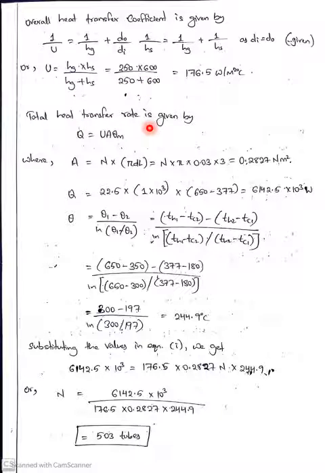Next is the total heat transfer rate. Q equals U A theta m. What is the area? Area is nothing but pi d L. Since he is asking the number of tubes, just multiply it by N. So this becomes the area. Just substitute this value of area in the equation. Then theta m, you know how to find it if you know the temperature differences of both hot and cold fluids. Just substitute and you will get theta m. In this equation, Q is known, U is known, theta m is known, and in the area only N is the unknown. If you find it out, you will get 503 tubes. So the total number of tubes required for the heat exchanger is 503.